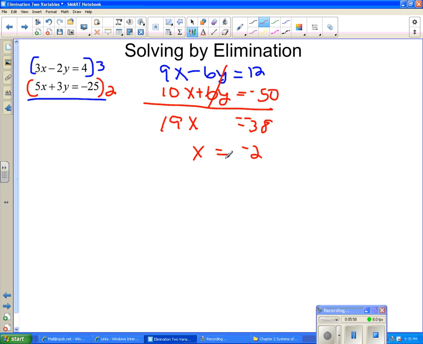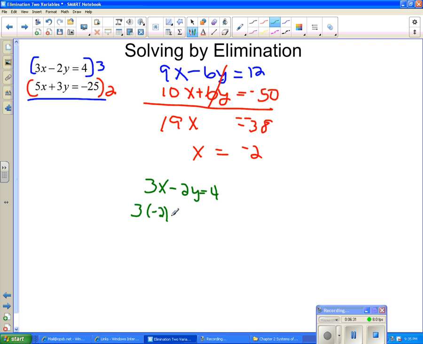Now once I figure out x, I can go back to either one of these equations and plug in a negative 2 for x. So it doesn't matter which one. I would just go with the first one simply because it's first. So I have 3x minus 2y equals 4. Now if I wanted to include the times 3 I could, but I really don't want to make my numbers any bigger than I need to, so I can go back just to the original problem. 3x minus 2y equals 4. Plug in a negative 2 for x,